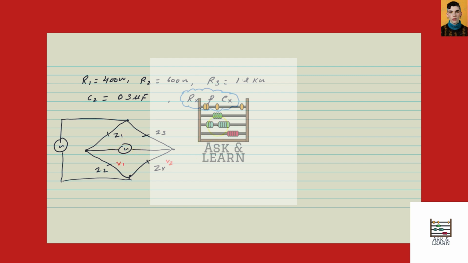So hence we can say that at balance condition V1 equals V2, or the parameter of this bridge is given by Z1 Zx equals Z2 Z3, right? Where